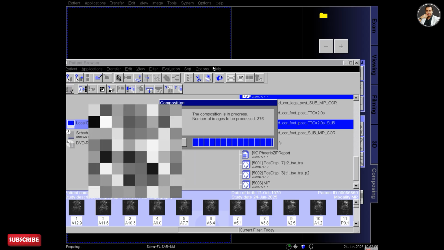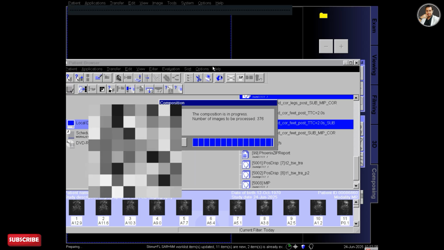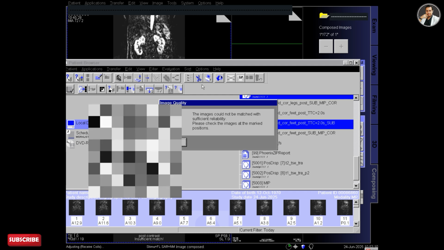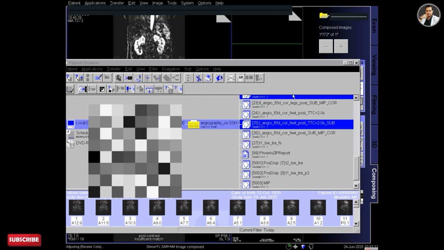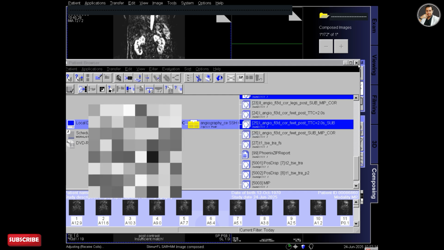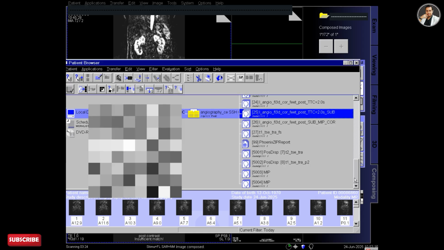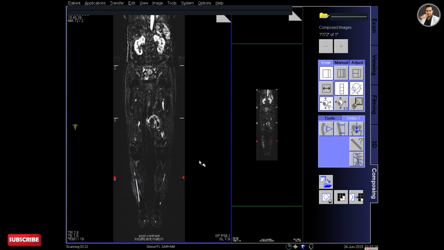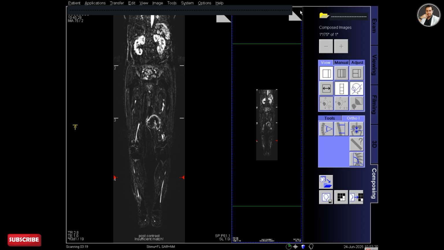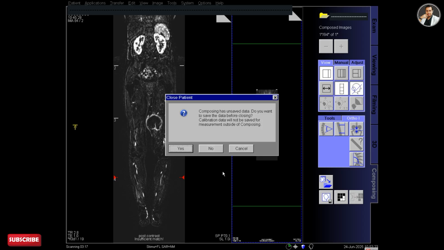I am waiting for loading the raw images of the angiogram. Here you can see that in composing, all the raw images of the angiogram have been composed together and shown as the whole lower limb raw images.